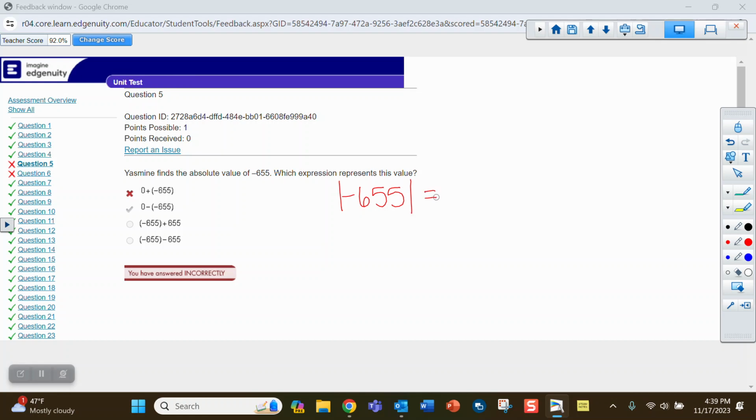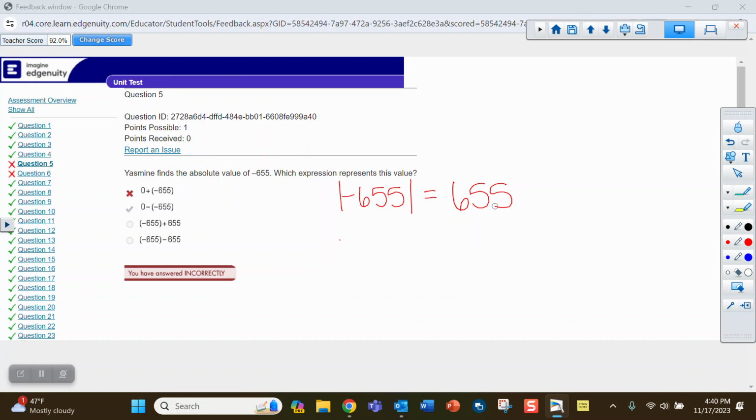When we take an absolute value, we're actually finding the distance that a number is from 0. Since distance is always positive, when you take an absolute value, you're always going to get a positive answer. Negative 655 is 655 units away from 0. Again, it's positive because it's a distance. So what you're looking for in these answer choices is the one that gives us a positive 655, the answer